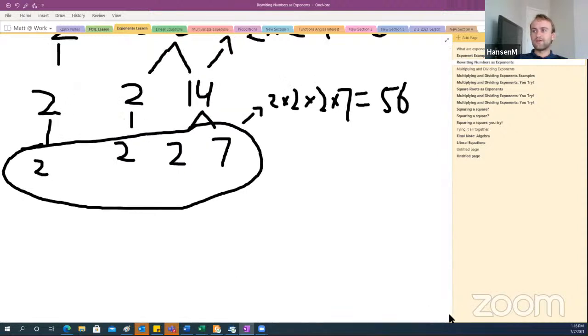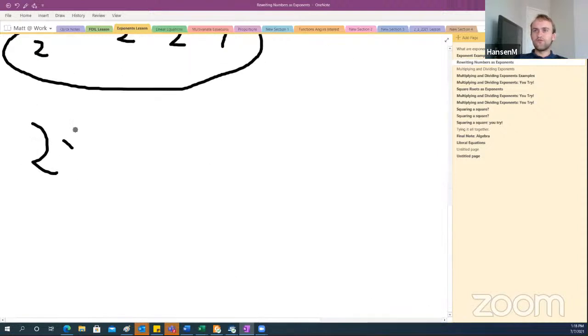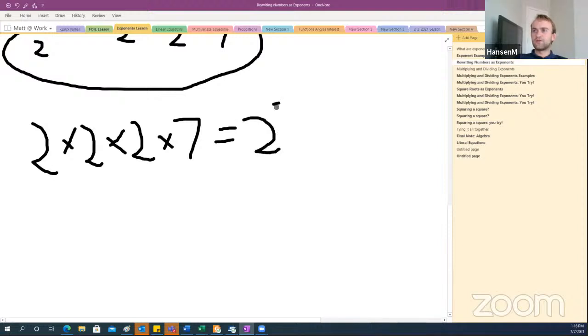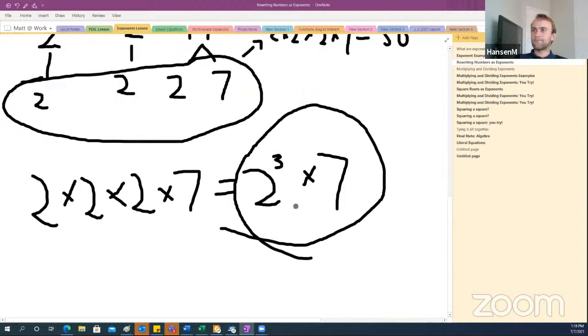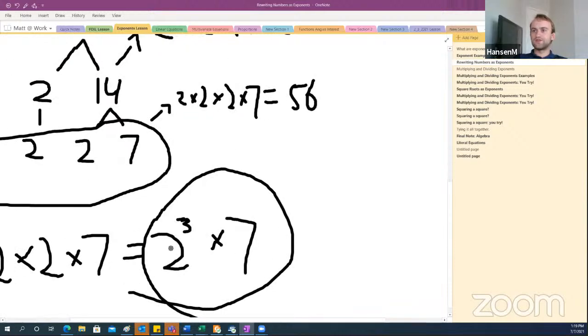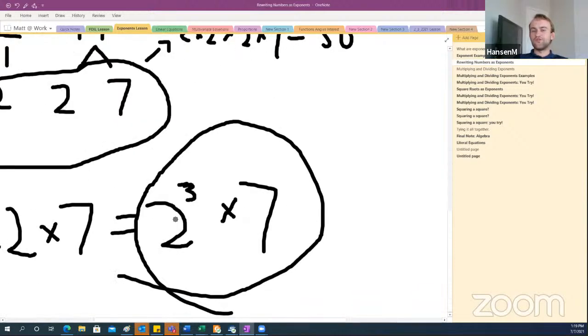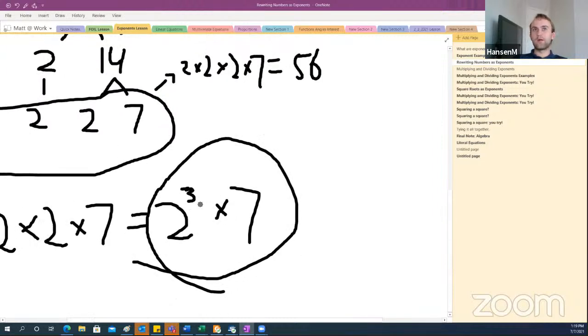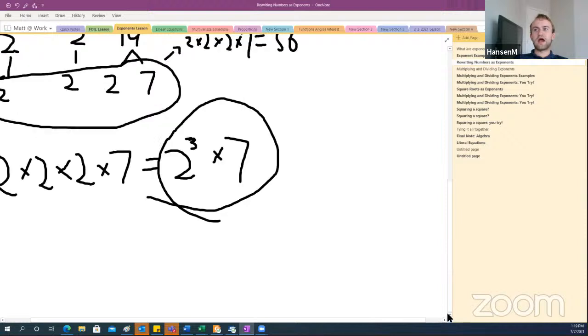So we can rewrite that as 2 to the third power times 7. It's the same thing, but using exponential notation, it's a little bit easier to represent the number than having to write it out several times,